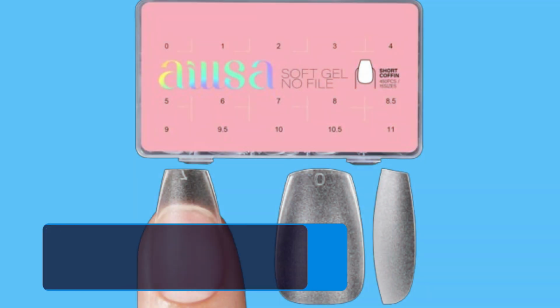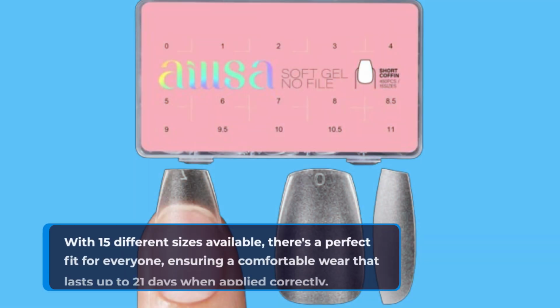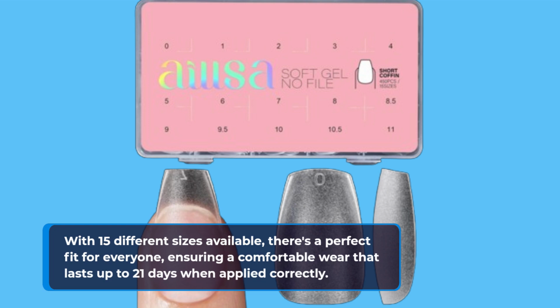Let's talk about what sets these nail tips apart. First, the strong adhesion means they stay put through everyday activities like typing or household chores. With 15 different sizes available, there's a perfect fit for everyone, ensuring a comfortable wear that lasts up to 21